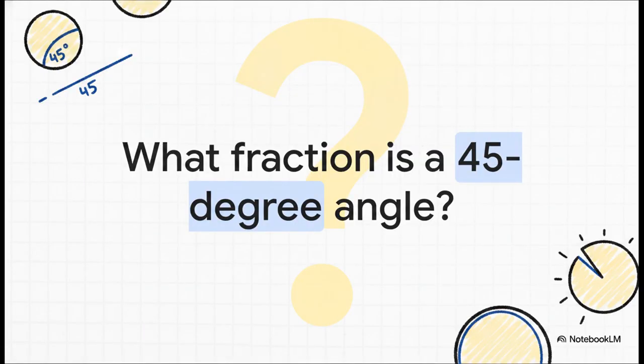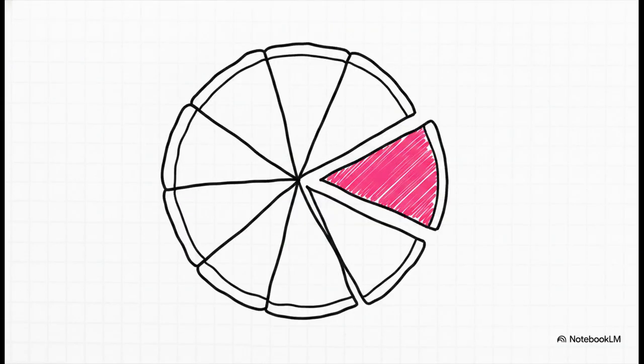Let's do our second pause check. Pause the explainer, calculate the fraction for a 45-degree angle, and let's see if you've really got this pattern down. Let's check it. Since 45 goes into 360 exactly 8 times, your sector area is exactly 1/8 of the total